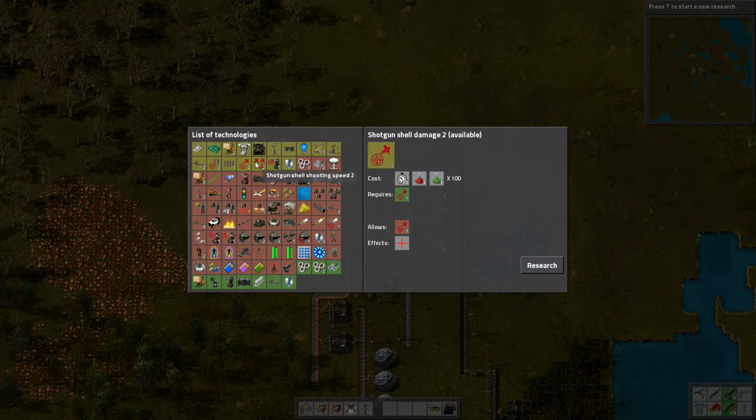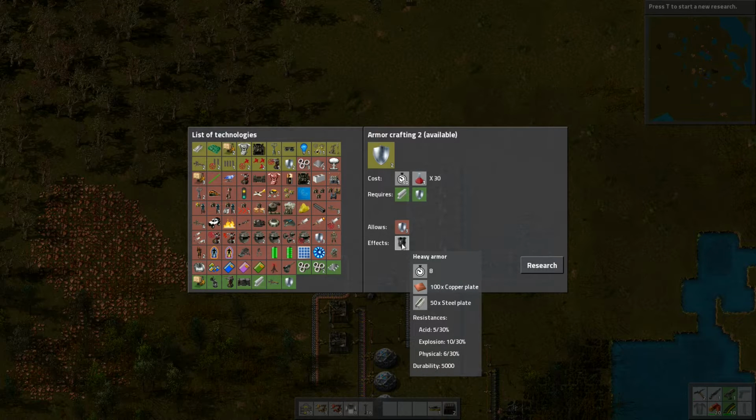Shotgun shell damage, oh great. Yeah. Well, wait a minute. Here's something we can research without having to get the green science packs. Decent. Anything else? No. Yeah. All right. Armor crafting 2. I'm taking defense pretty seriously. Let's do that first, so that we can manufacture a set of heavy armor for our character,